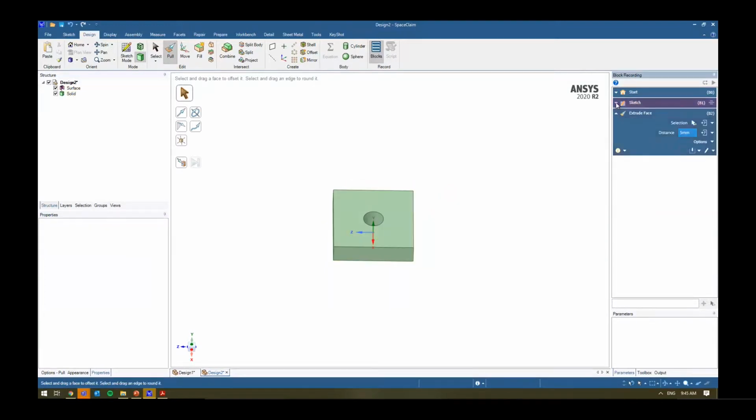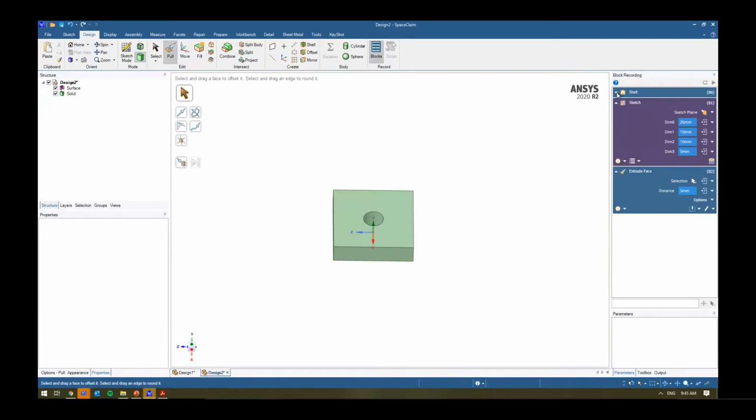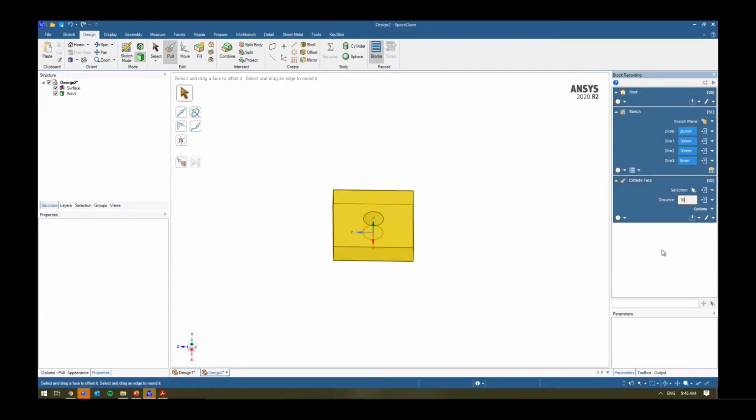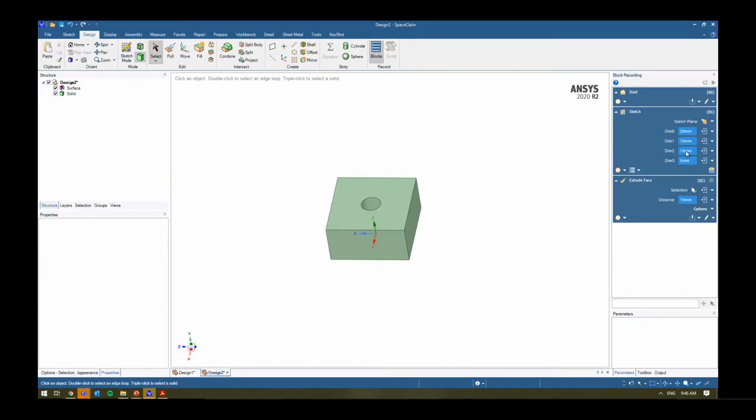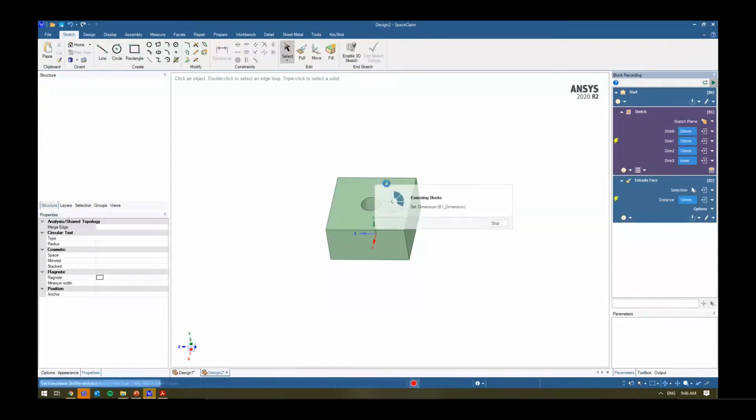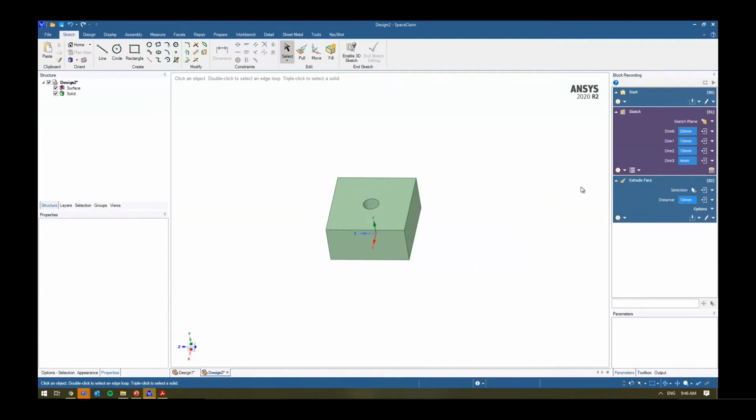You notice as we've been doing these things on the right hand side, it's been capturing all my dimensions, right? So I can go into here, generate this by 10 instead. And I can hit the play button and it'll regenerate that for me. I could go into even the sketch over here. Instead of 5, let's make this 4, generate the whole thing, and it'll go through that process as well and